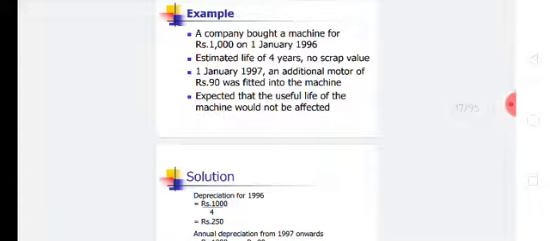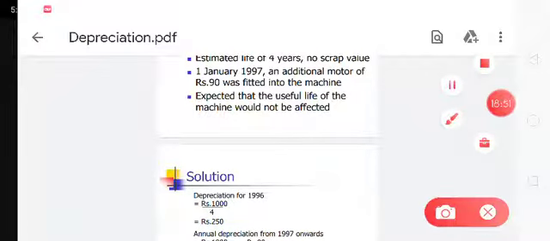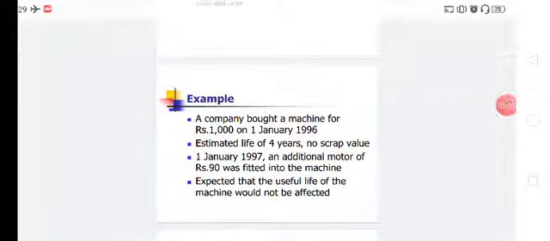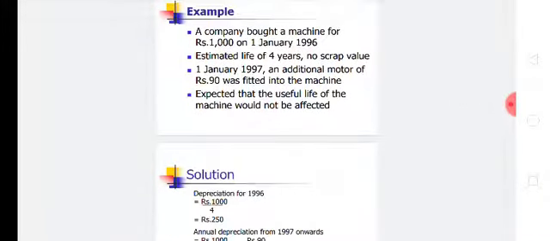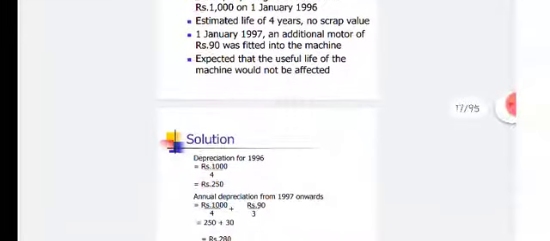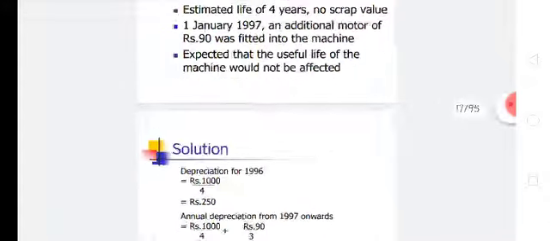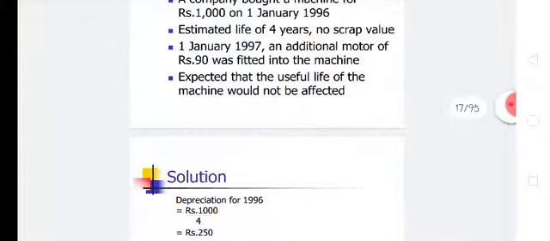Depreciation for the year 1996. In 1996 the value of the asset is 1000 rupees, and the estimated life of the asset is 4 years. So 1000 divided by 4, because there is no scrap value, so we don't need to deduct anything. 1000 divided by 4 is 250 rupees. Clear? So in this case, after 1st Jan 1997, once again 1st Jan 1997, an additional motor, that is